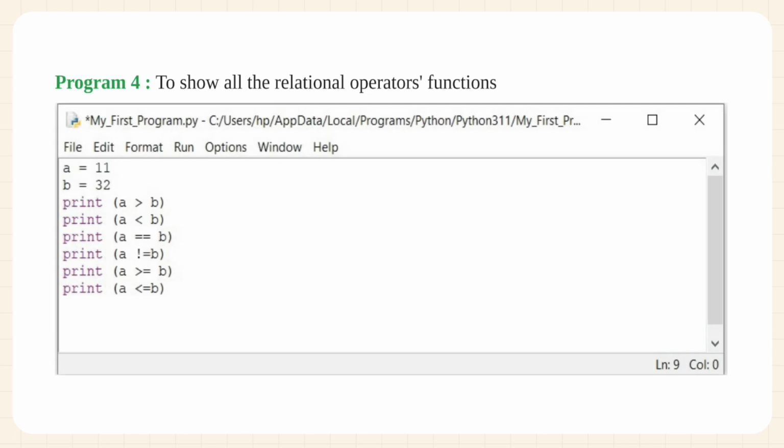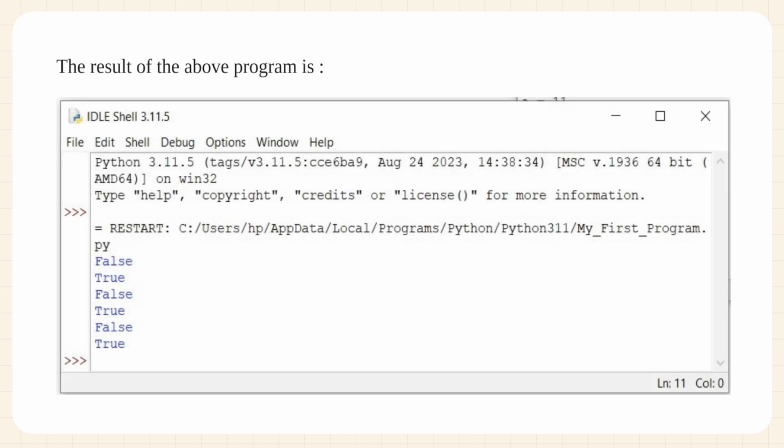Program 4. To show all the relational operators functions. The result of the above program is: